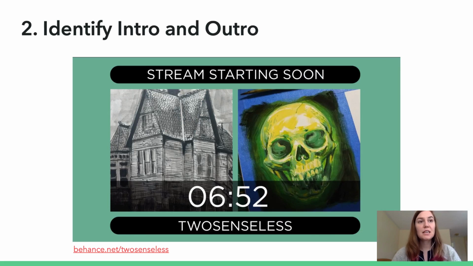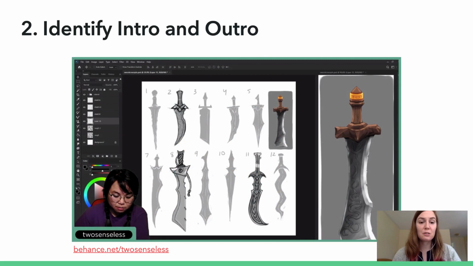Next, we observed a few key types of sections that almost always occur in creative live streams. First, when a stream first starts, the streamer will often put up a static image or something that says the stream is starting soon while they prepare behind the scenes. And typically nothing happens while this screen is up. So for the purposes of segmentation, we can leave it out. But even after the streamer starts up their video, they often spend the first few minutes saying hi to viewers, introducing themselves, and, like we see here, showing preparations that they've done beforehand,